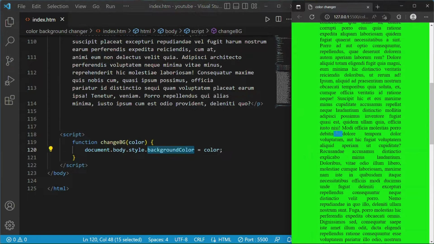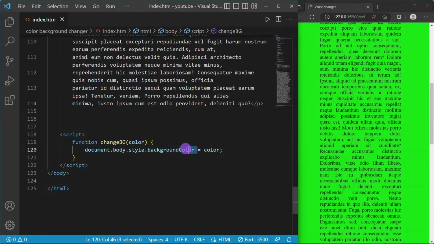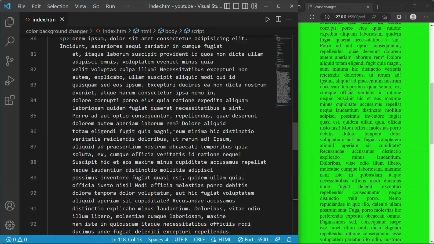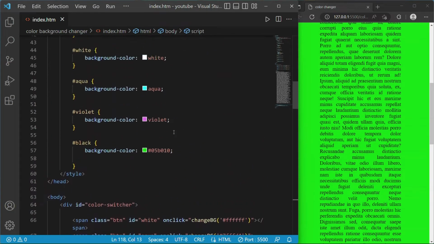In this document of this body, we are changing the style. Which style? Background color. So I have assigned our parameter color. So after writing this much of script code,